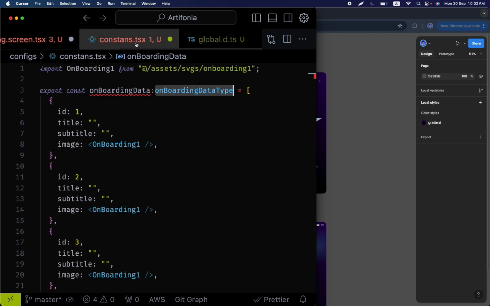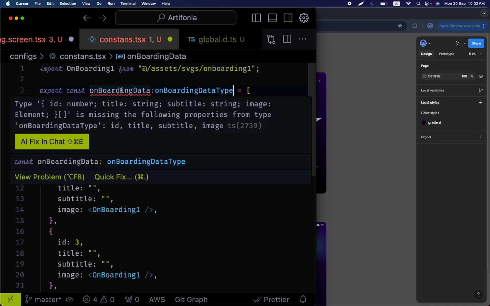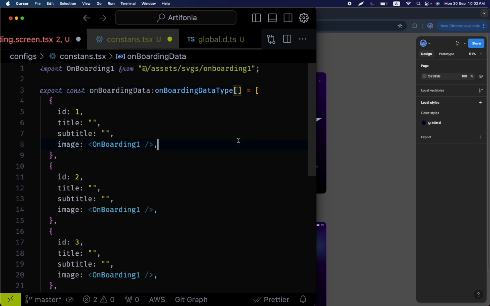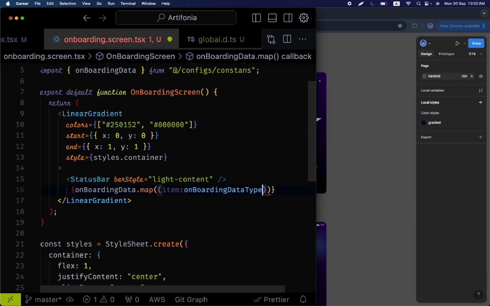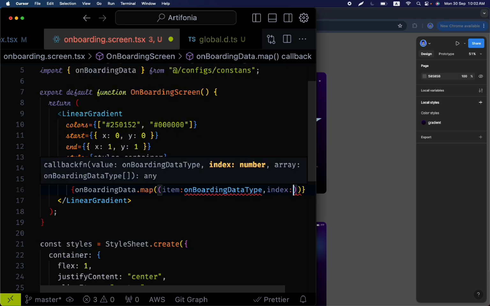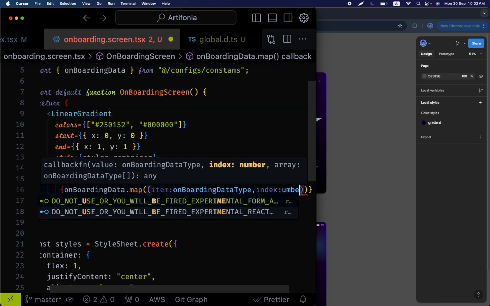Now we can use the type here. Wait, yeah, it's working, but what's the issue? id number array. Oh yeah, got it, this is an array, that's why. So now if we come back here, we can write that type and index, which will be a number,